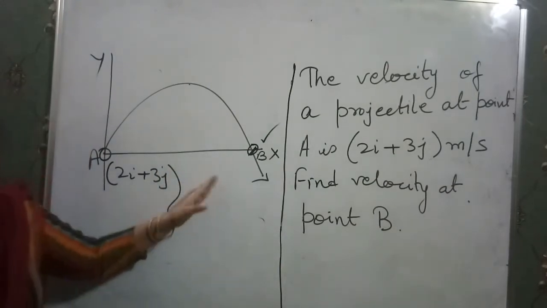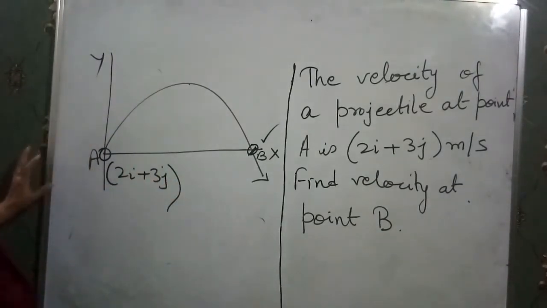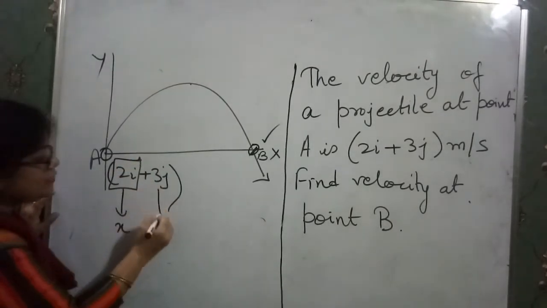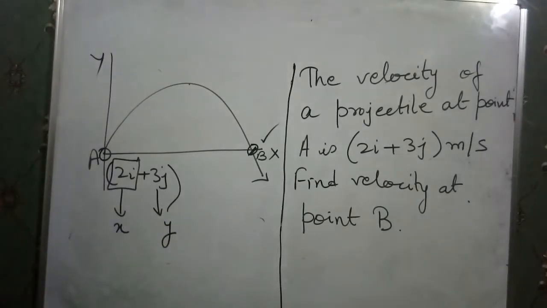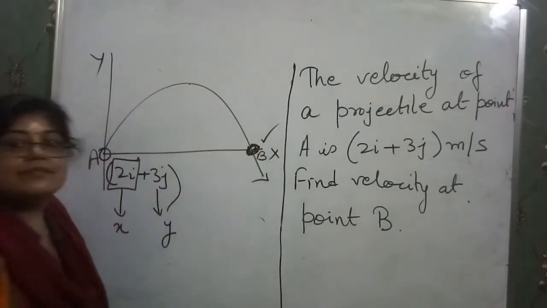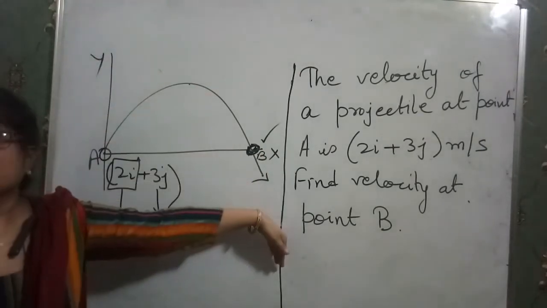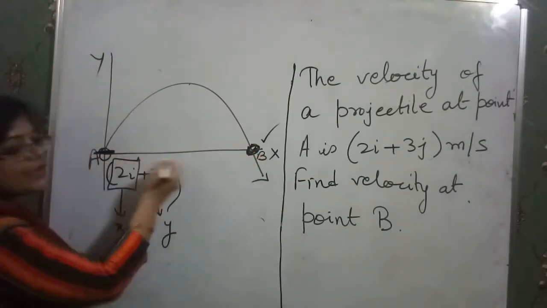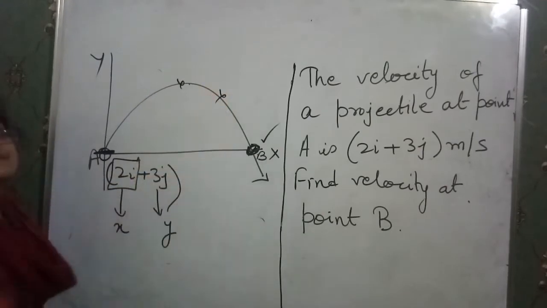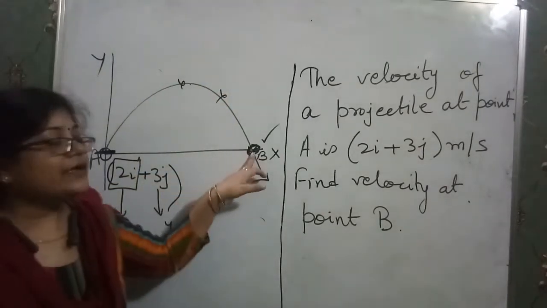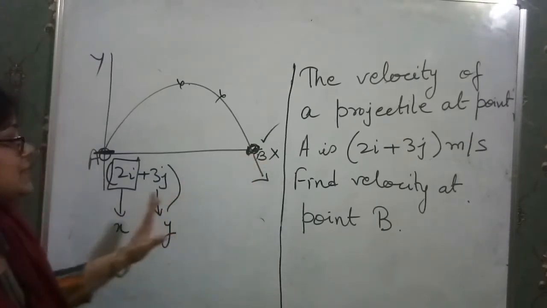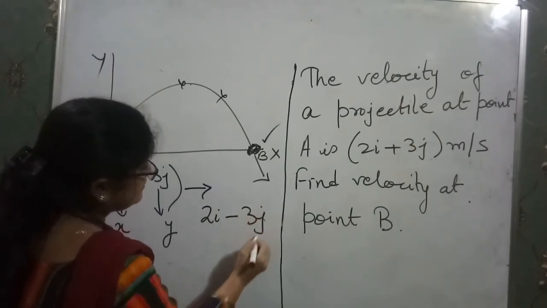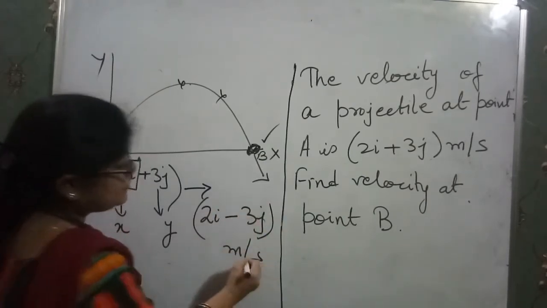Now watch here on the screen. Just see for a moment. This component denotes the x-axis. And this value denotes the y-axis. Now the x-axis remains the same, but the y-axis goes downward. And this is at point A. So it is in front of A. We are not asking here and there. We are asking the point here on the x-axis. So the velocity component of B is 2i minus 3j. Simple. Finish.